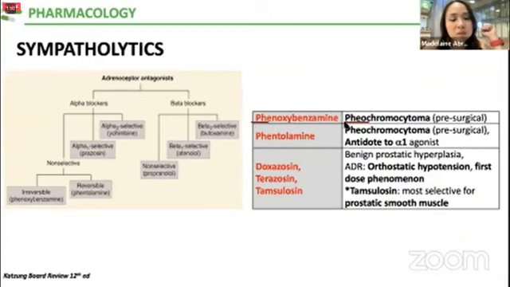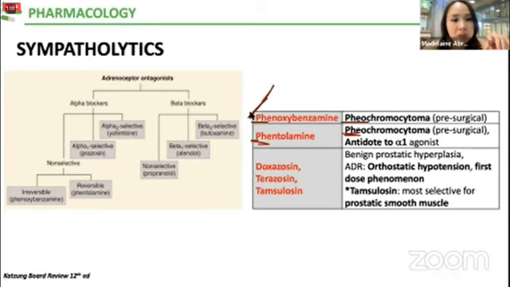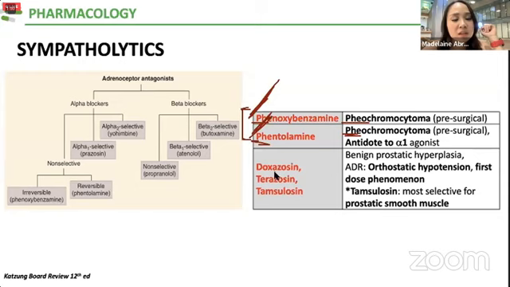Phenoxybenzamine, pheochromocytoma, phentolamine, pheochromocytoma. Difference? Phenoxybenzamine, mahaba. Ito yung irreversible. Phentolamine, maikli. Ito yung reversible. Both are alpha-1 alpha blockers. Okay? Alpha blockers. And then your azosine,